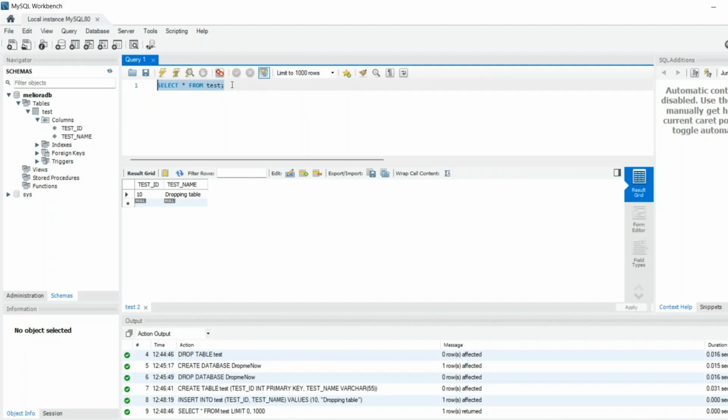Now, if we want to remove all the values that we've put in here without deleting the table, the command for that is truncate. So if I write truncate test,